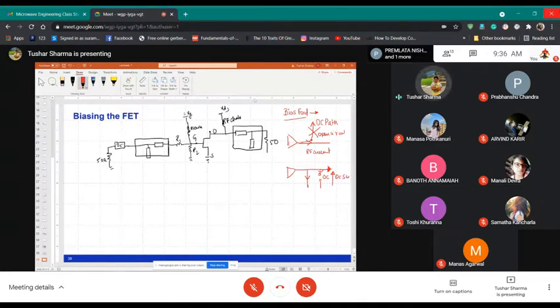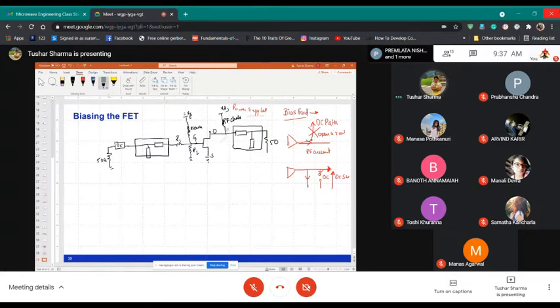I mean, not short, but it should be able to pass DC, and it should not allow any RF to come back. Okay. So that's the main requirement of the bias feed, because technically these are power supplies. Now, if RF enters your power supplies, they will be destroyed. So we don't want any RF to go in this direction.